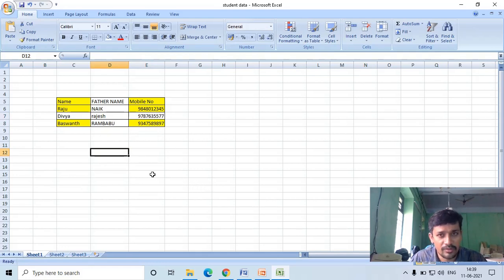This is one method of inserting columns and rows in an Excel file.